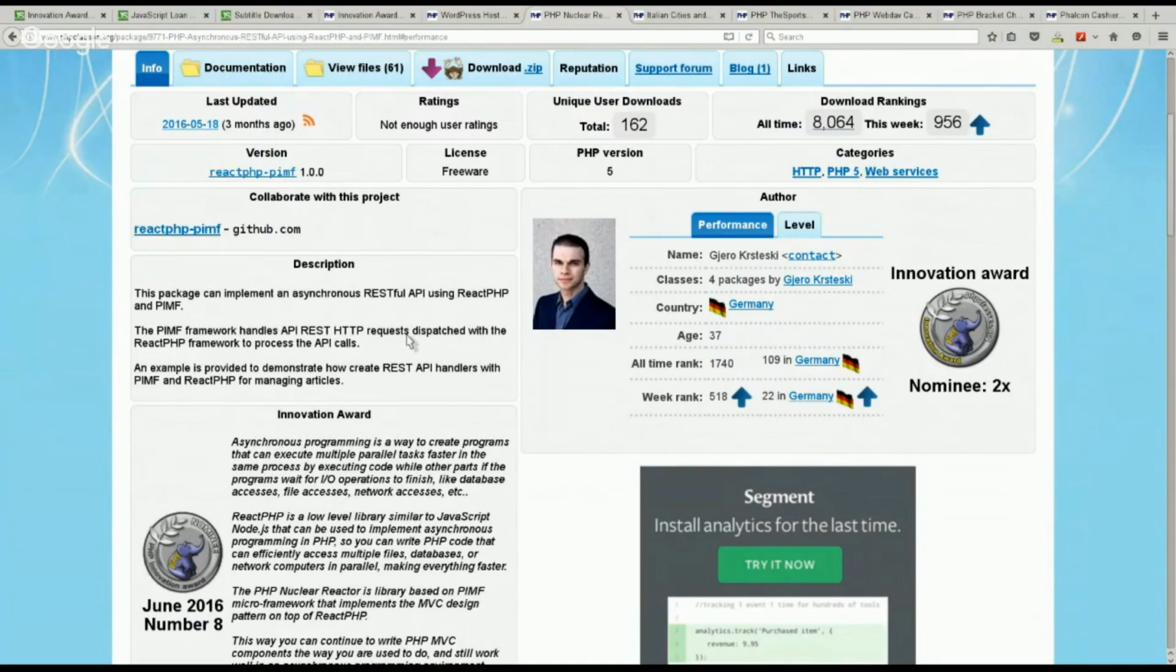This means that you can do many things in parallel. For instance, if you are accessing files or remote pages or databases, you can use asynchronous programming to perform those actions at the same time. And this package is a micro framework to implement APIs that use